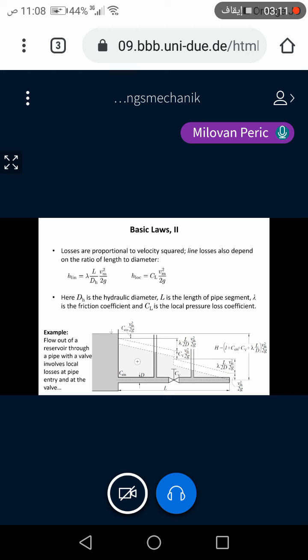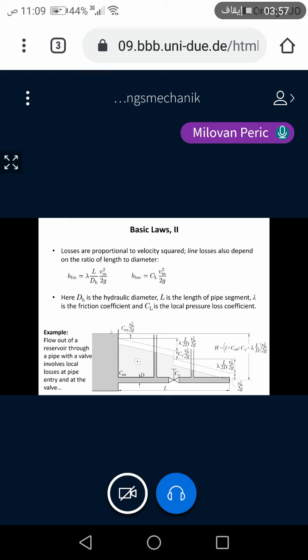So in this particular example, if we consider a long pipe, and we have flow going from a reservoir, which is large enough so that the height in it can be considered constant, we have a local loss at the entrance into the pipe. We have sharp corners, so there will be some locally incurred pressure loss. Then we have a line loss over the length L, and then we have a valve somewhere in between. And if we plot this energy line, so total energy constant, but locally we have a grade, we have a slope, and